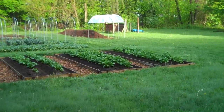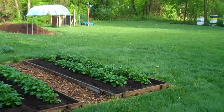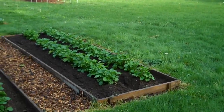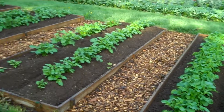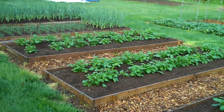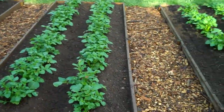First off, the potatoes. Up and doing well. Doing very well. And we'll pan around. 1, 2, 3, 5 beds of potatoes. These are later potatoes,